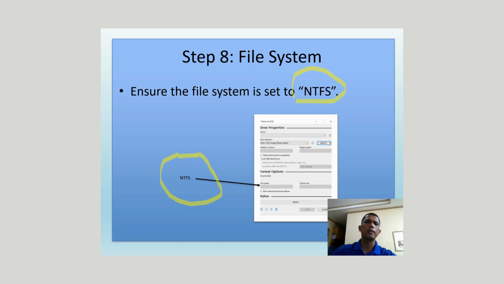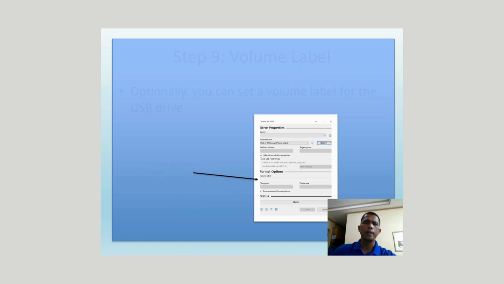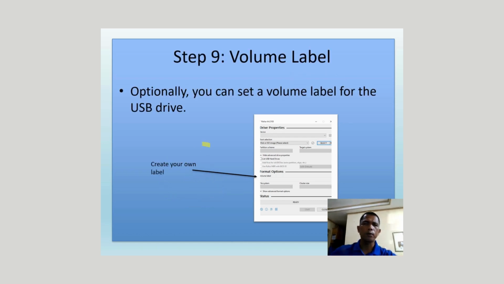Then step number 9, you create your own label, the name of your installer. Just put Windows 10 installer or your name, let's say Windows 10 underscore Tony. You can use that as the label of your USB.